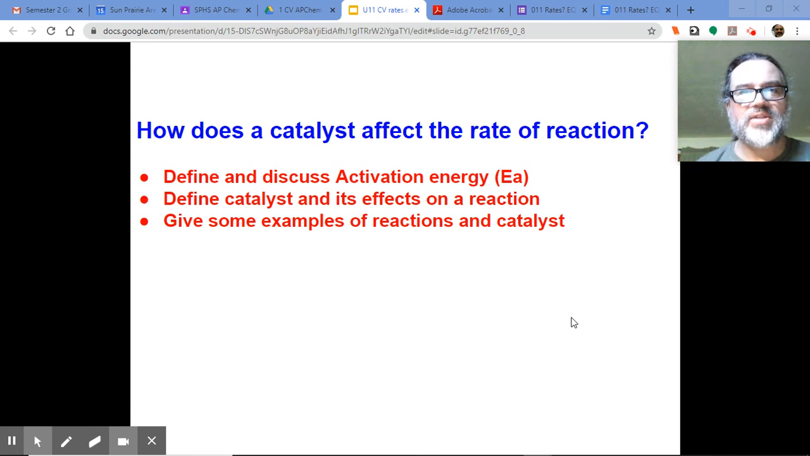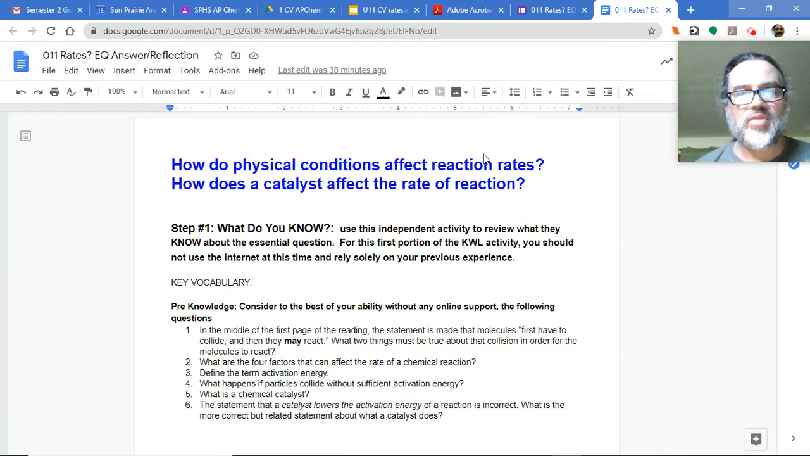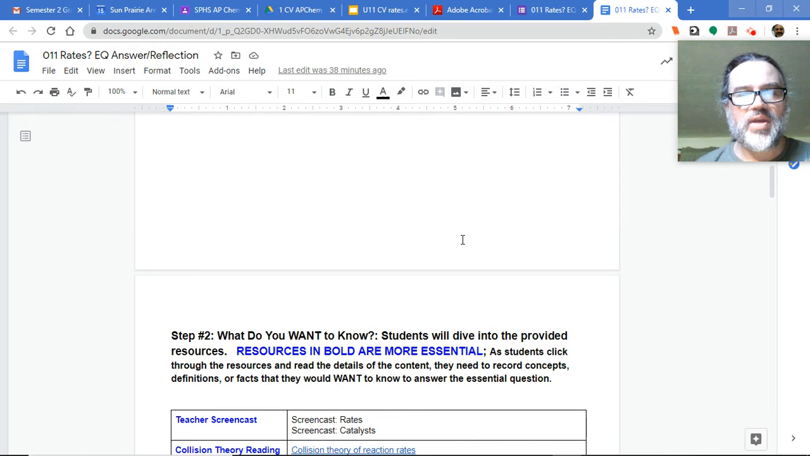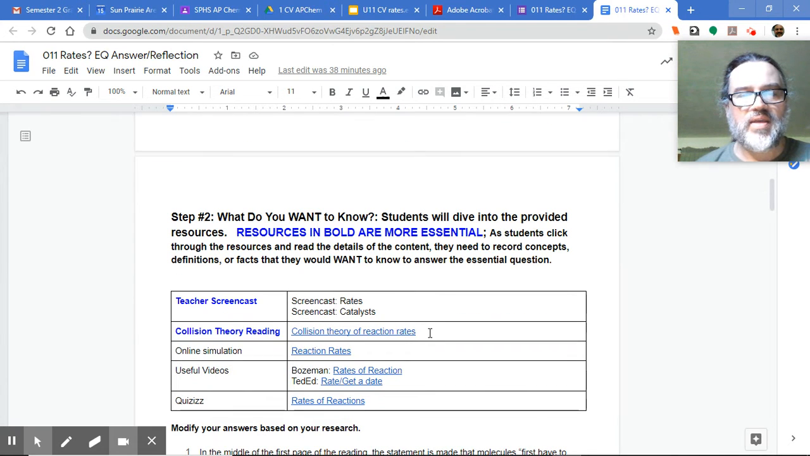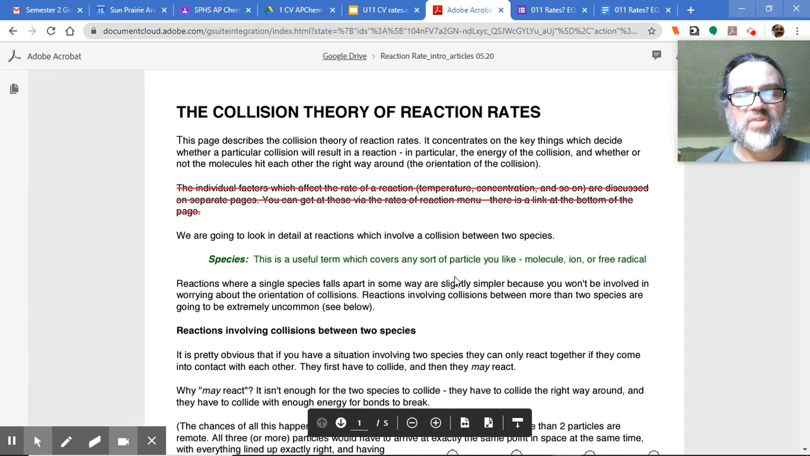Hey, I wanted to mention something I forgot to mention in the first one. Please, please, please, this week as you're looking over the assignment, make sure that you look at this right here. This reading, this collision theory reading. It looks like this. And there's going to be a couple of questions that you need to look at and talk about,